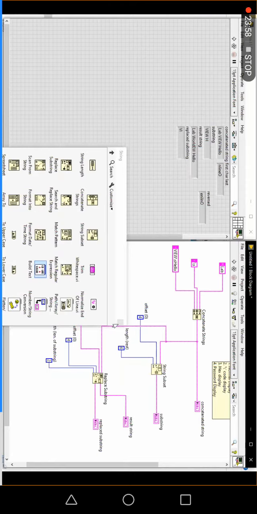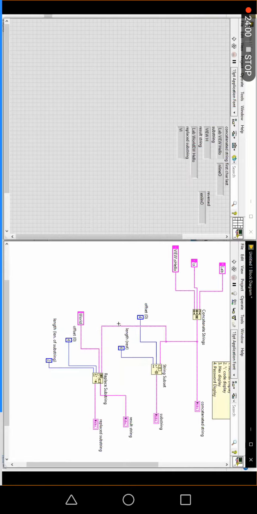If we are done with this, tomorrow we are going to discuss arrays and clusters. Still we have 15 more minutes available, so with that 15 minutes we'll quickly go through some debugging tools. Already we discussed the debugging tools and the purpose of each and every one. To recap that, we'll go through the debugging tools again.